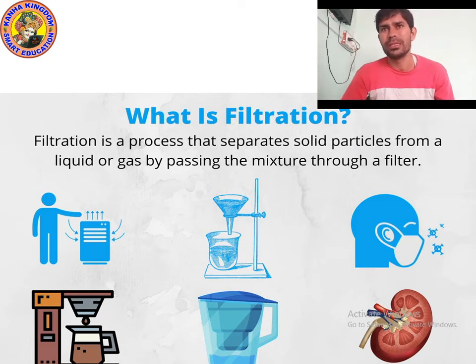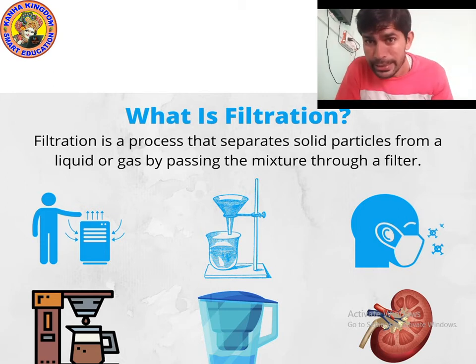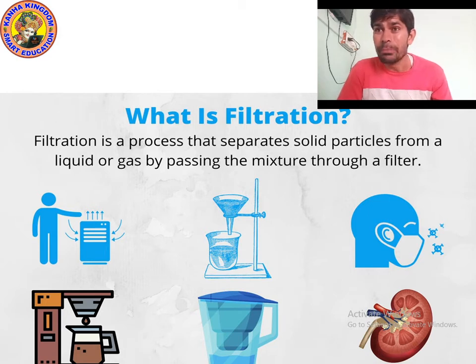Look at the third picture. In the third picture you can see a mask on the face. Why do we use a mask? It is also used to protect from harmful bacteria, to stop the microbes. And look at the last picture, which is actually a kidney. What is the work of the kidney? The kidney is used to filter the water. It passes the urine, the extra water, it filters the water, and it passes the harmful liquid. Am I right?